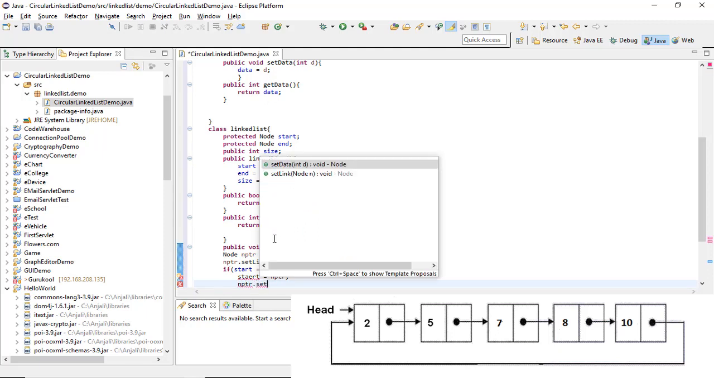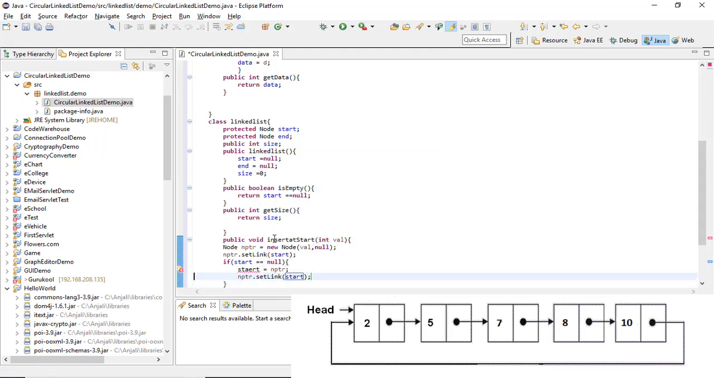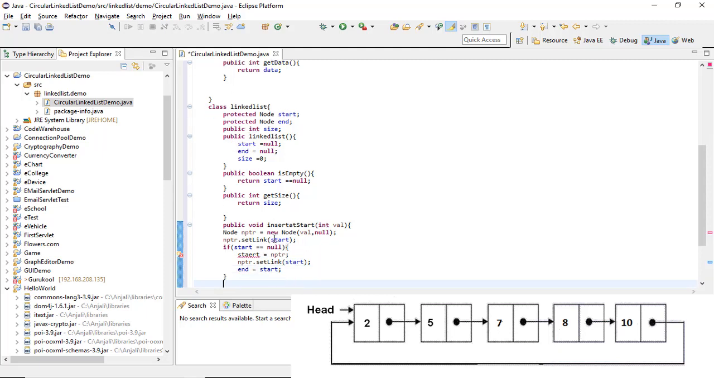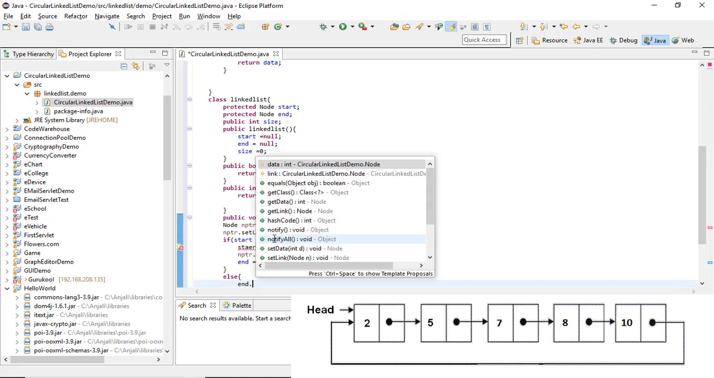Since it's a circular list, we do not need to mention an end. There is no end, so we need to mention end is equal to start. Now what if it is not null, what will happen? In that case you need to have the else block, and inside the else block you need to mention